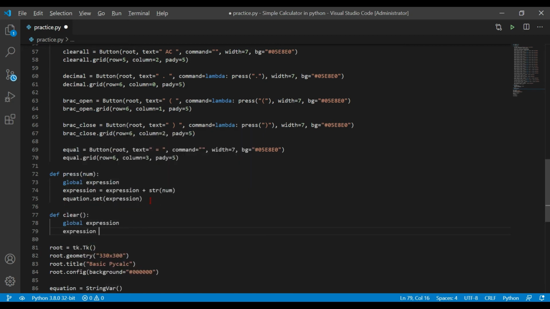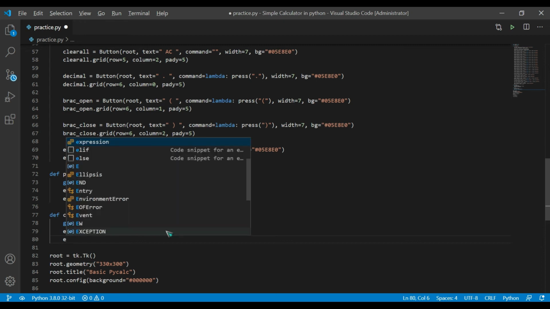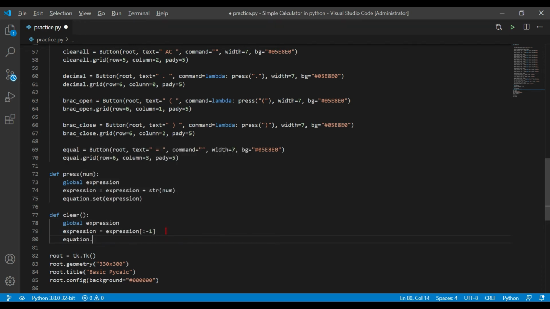I assume you are familiar with the basics of string slicing. So expression[:-1], so it will slice it from the back, from the end, and we'll set this expression to the equation once again. So equation.set, set expression.